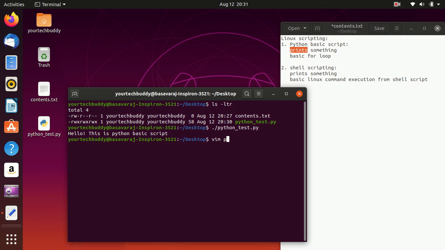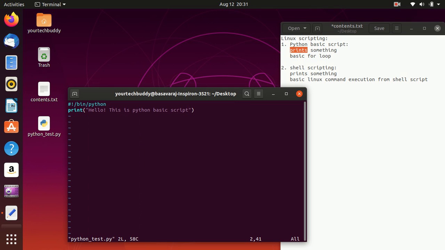Okay, let me add a few more things in this Python script. I will add a basic for loop here and print the contents of each iteration: for i in range of, say, 3, print i.